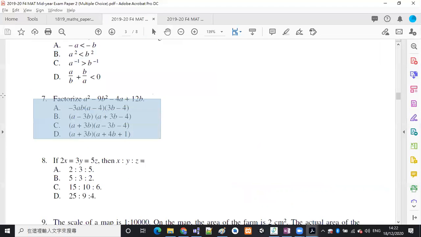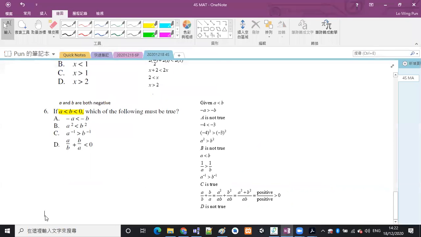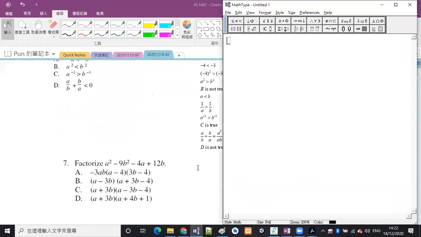Number 7, factorization. So a squared minus 9b squared minus 4a plus 12b. We have 4 terms, and we need to group the terms into 2 groups, right? Sometimes it is 2 groups of 2, or sometimes it will be 1 group of 3 and the other group of